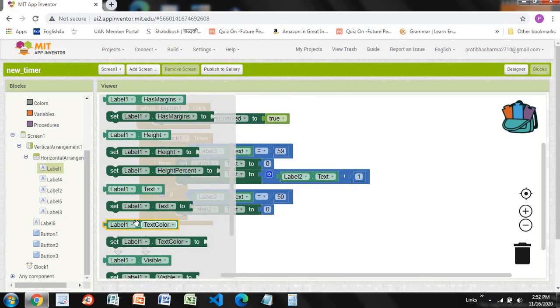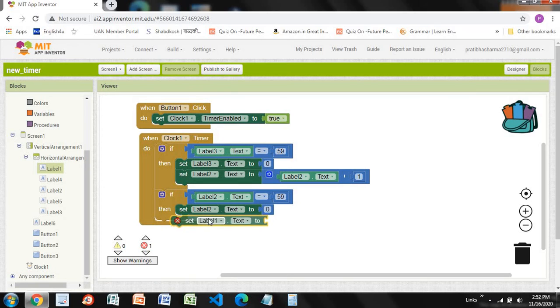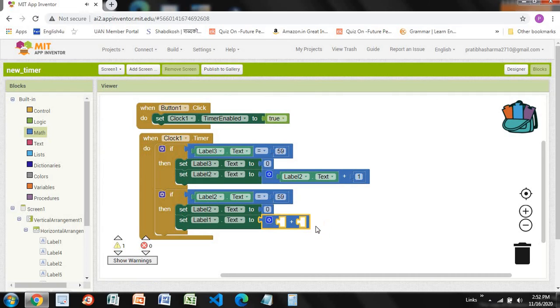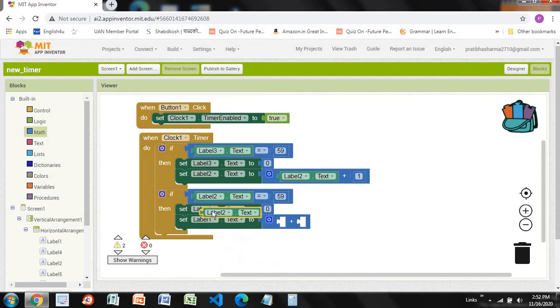So take this one like this and make, now take the addition block over here like this and make this set label 1 text, copy and paste this, make this one label 1. Now copy and paste this one and drag and drop it here like this.